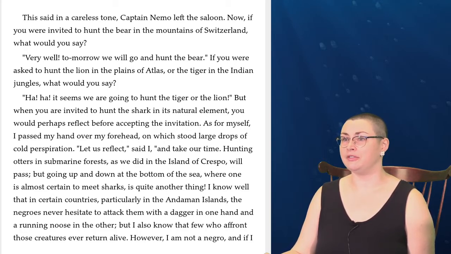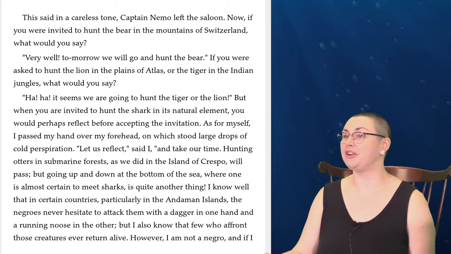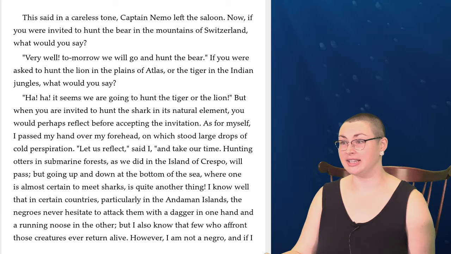Now, if you were invited to hunt the bear in the mountains of Switzerland, what would you say? "Very well, tomorrow we will go and hunt the bear." If you were asked to hunt the lion in the plains of Atlas or the tiger of the Indian jungles, what would you say? "Ha ha, it seems we are going to hunt the tiger or the lion." But when you are invited to hunt the shark in its natural element, you would perhaps reflect before accepting the